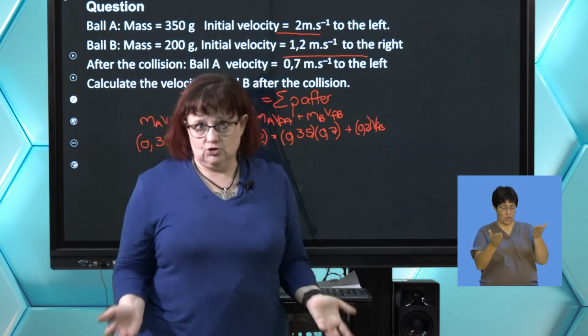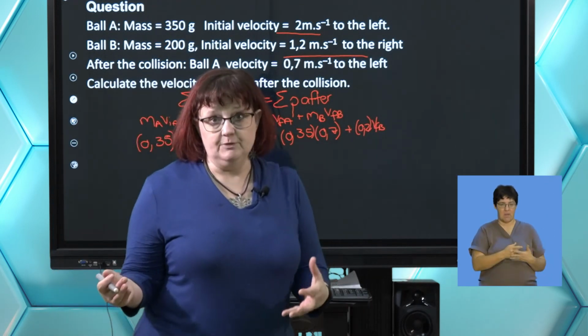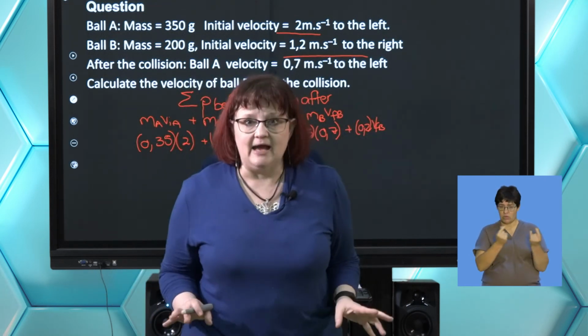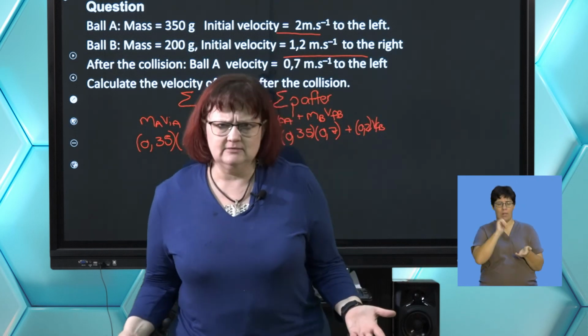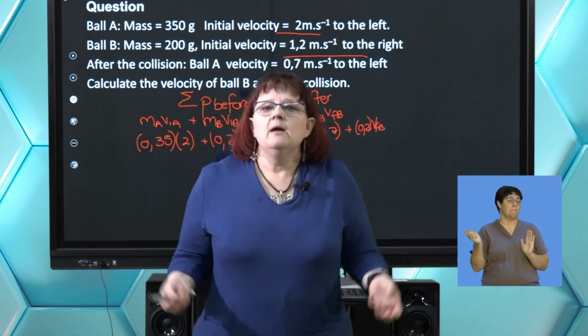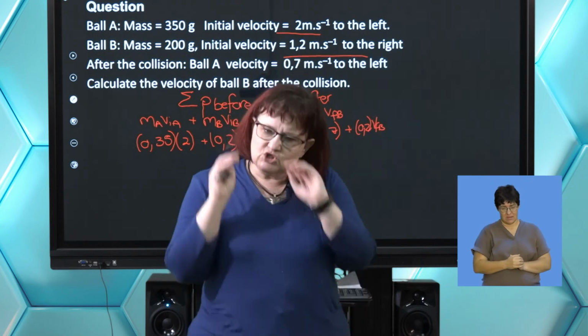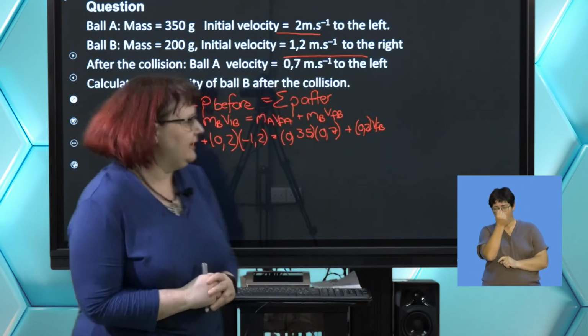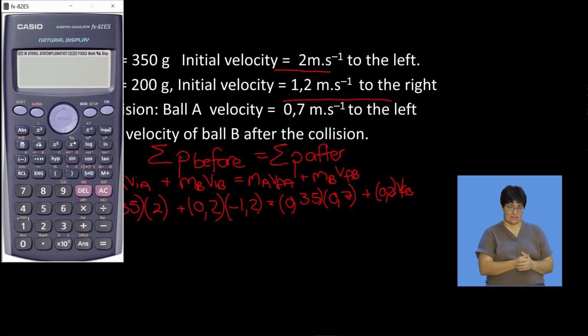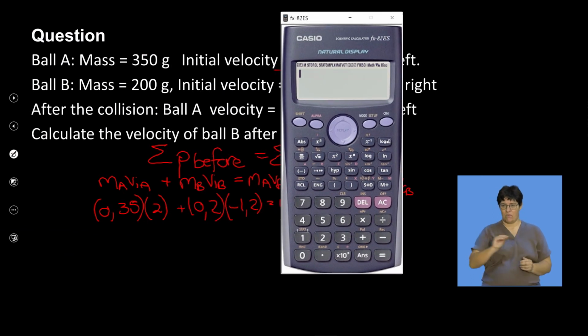Now we need to solve for B, for the velocity of B. If you can solve straight away and not show all the maths, please do that. That's your choice. It's not a problem. We don't mark your maths. But I'm going to show you all the maths just so we're all on the same page, okay? I'm going to solve the left-hand side first, so I'm going to need the calculator because, well, it's important. So let me put it over here so I can see